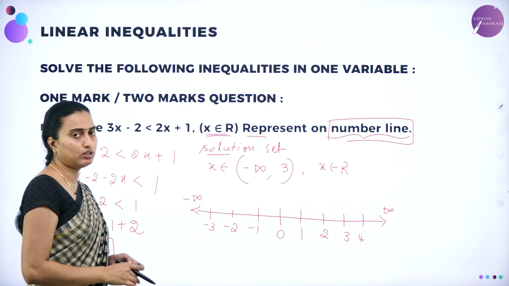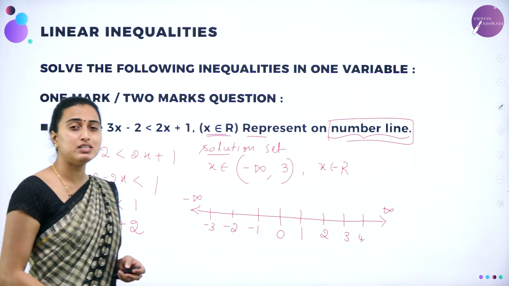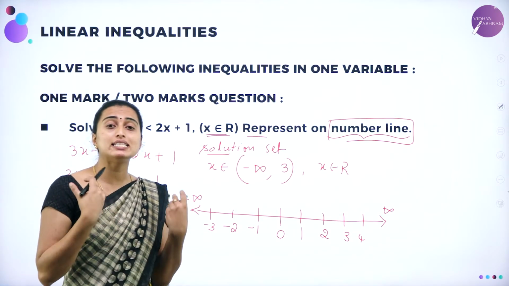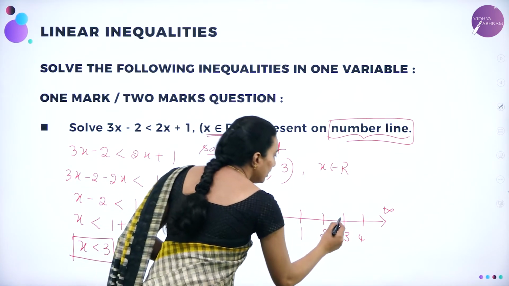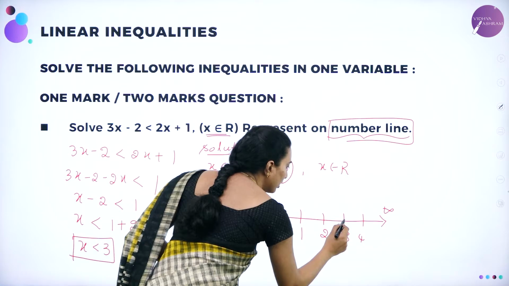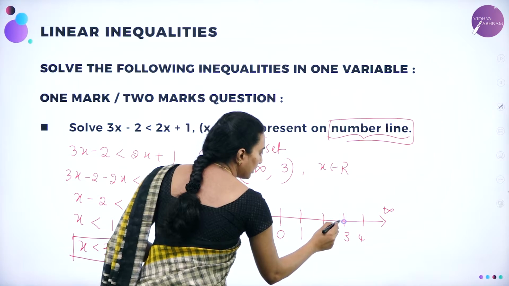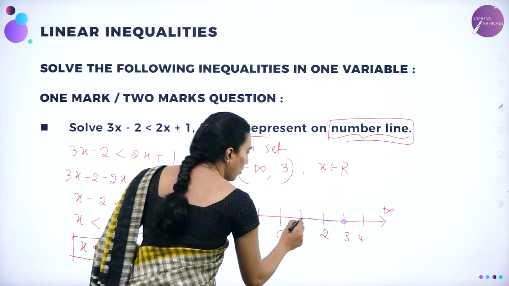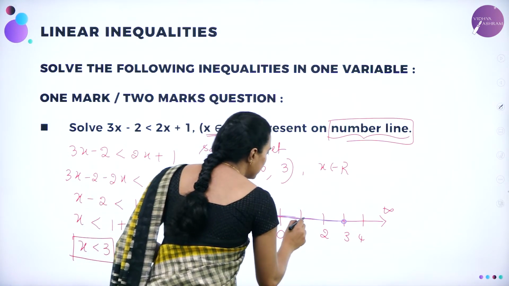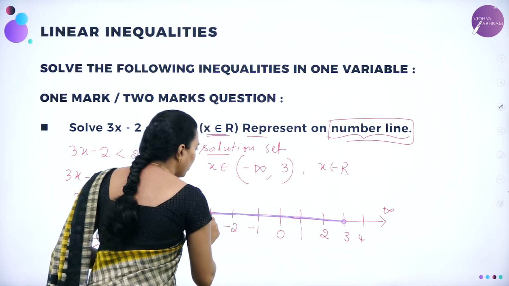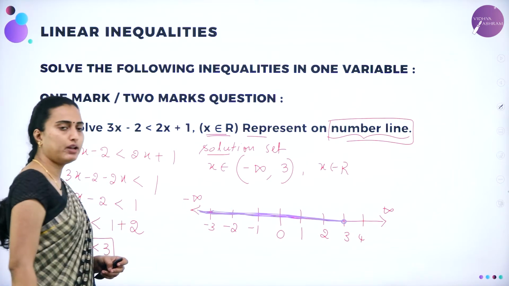Now you need to represent it on the number line. Here I am representing x is lesser than 3. Lesser than 3 means it is a strict inequality. The point is excluded, leaving that 3. So excluding 3, lesser than 3, I draw a hollow circle. I'm representing a hollow circle; you can see the red circle inside. Lesser than 3 extends to minus infinity, it will move on as it is. You can see the color I am using. This is the representation on the number line of x is lesser than 3. So this is how you are going to represent it on the number line.